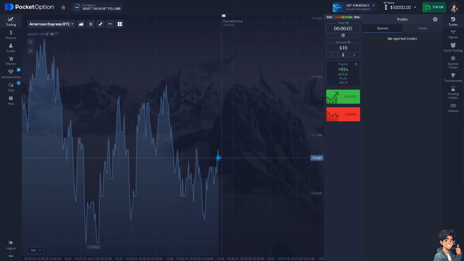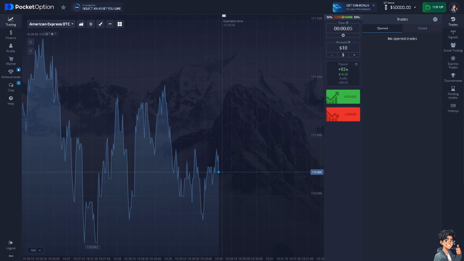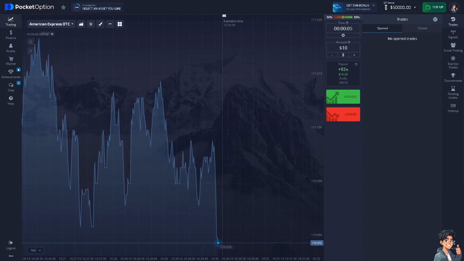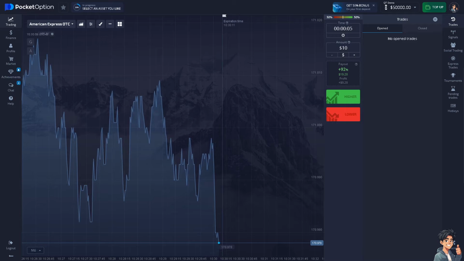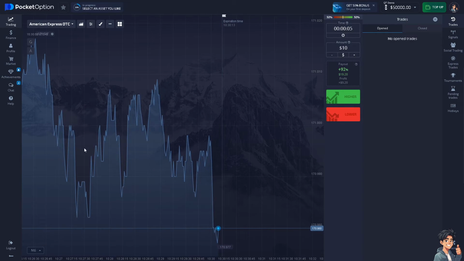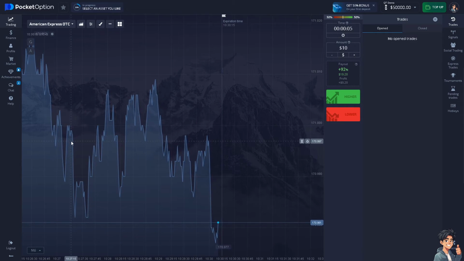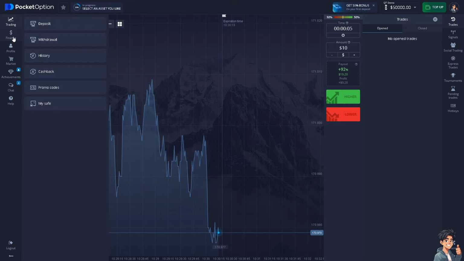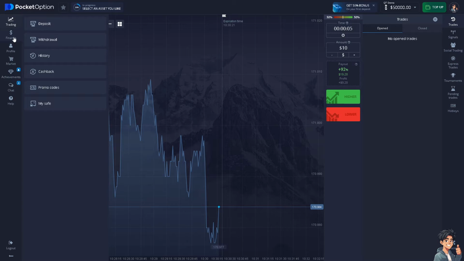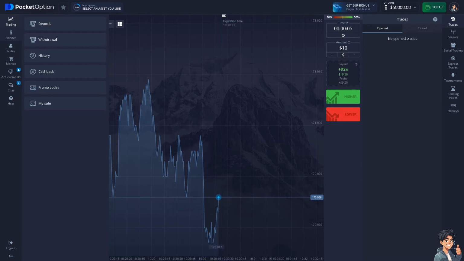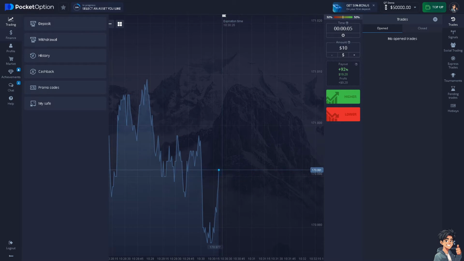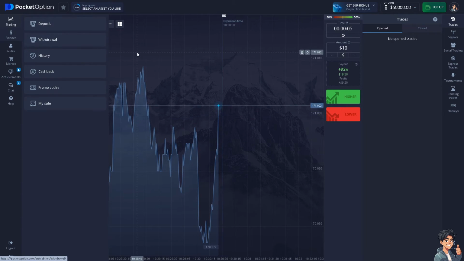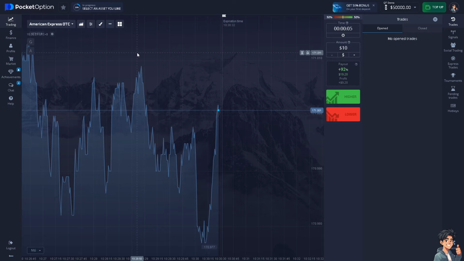Depositing money on Pocket Option using a debit card can offer several benefits for traders and investors. Number one, debit card transactions are usually straightforward and processed quickly, allowing you to fund your account and start trading without delays. Most debit cards are accepted by online trading platforms, making them a very convenient option for deposits. Many banks also offer instant notifications for debit card transactions, which can help you monitor your account